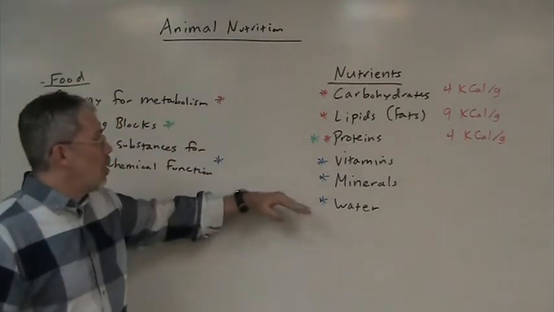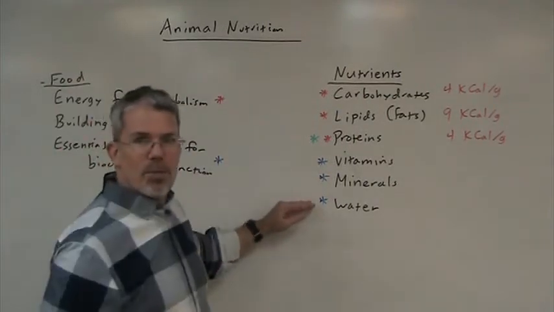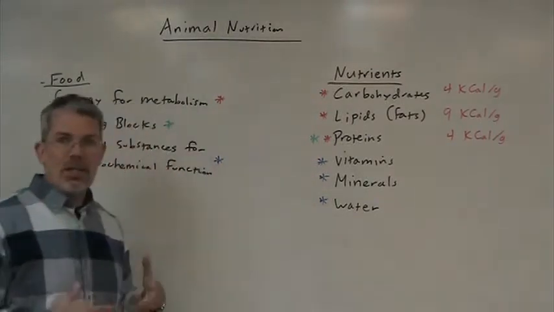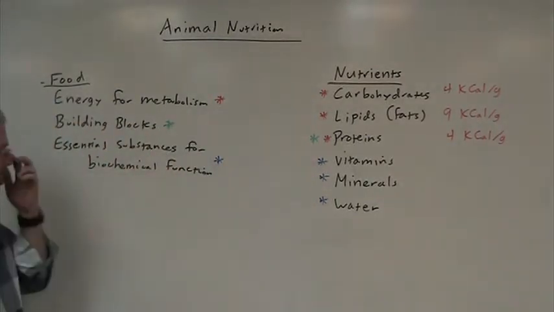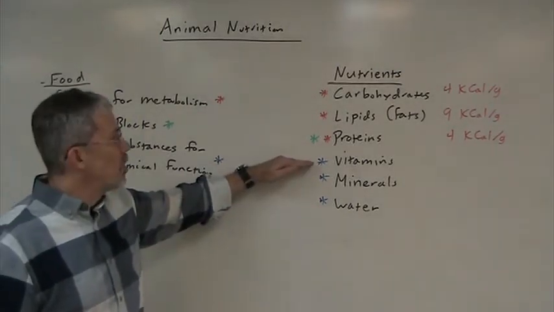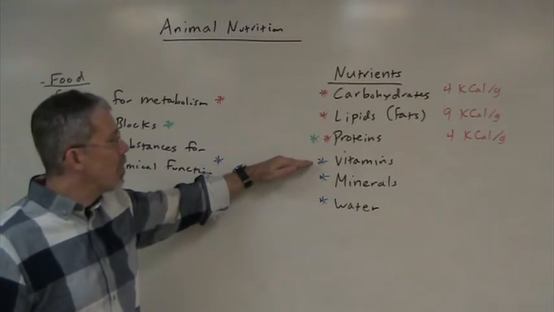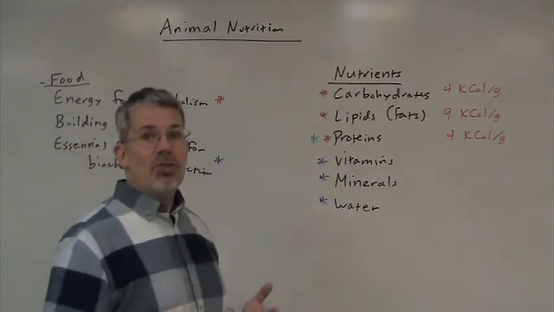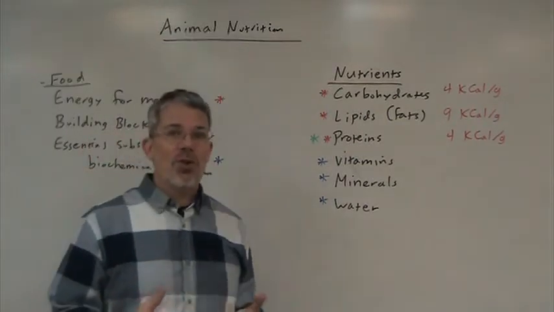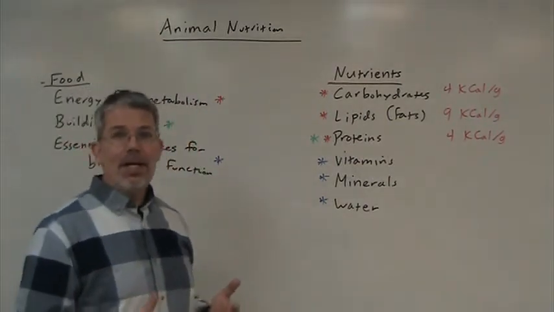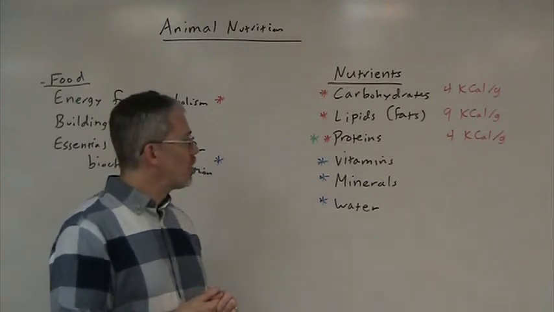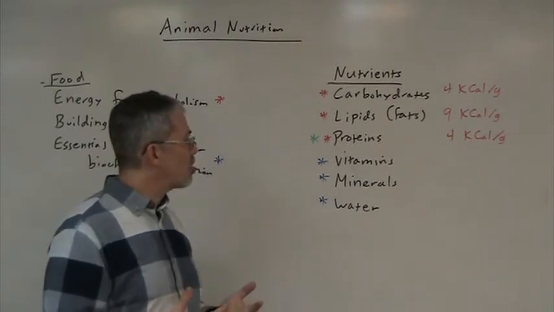Now, water, of course, supports all functions, but vitamins and minerals are needed a lot on the molecular, cellular level. Now, vitamins are organic micronutrients. They do not provide calories. They are subdivided into the fat-soluble and water-soluble vitamins. Fat-soluble vitamins are A, D, E, and K. We can store them in the body. Water-soluble vitamins include vitamin C and all those B-complex vitamins.